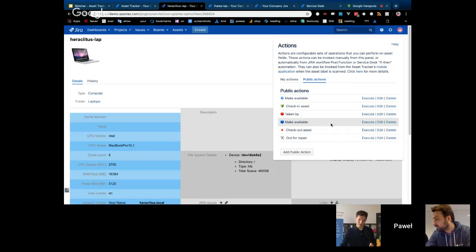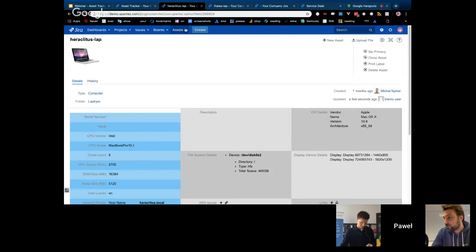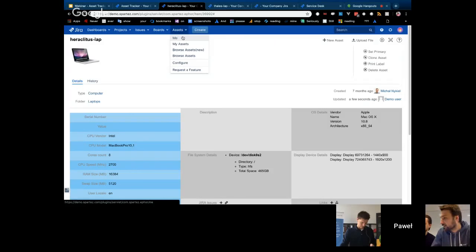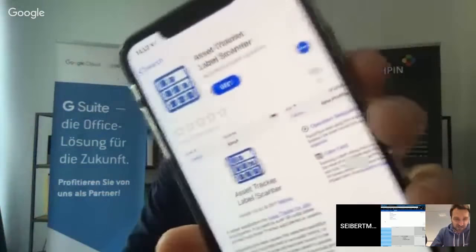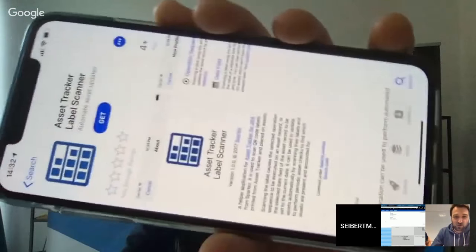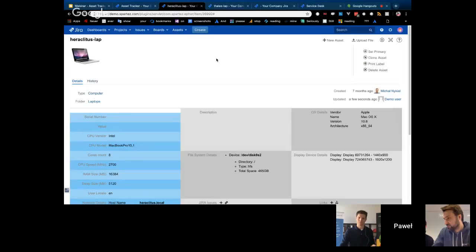You know what? Actually, look, if you go here, Asset Tracker Label Scanner, by Spartez. I can show at least in my phone. Exactly, this is Android. We have iPhone. That's it. There is no need for more now.